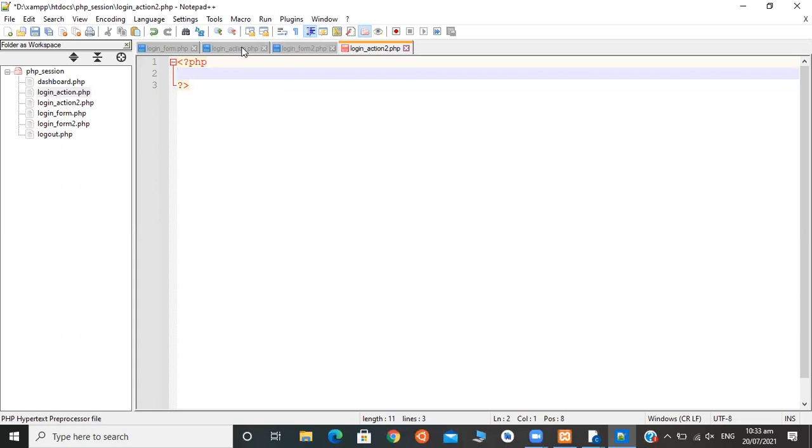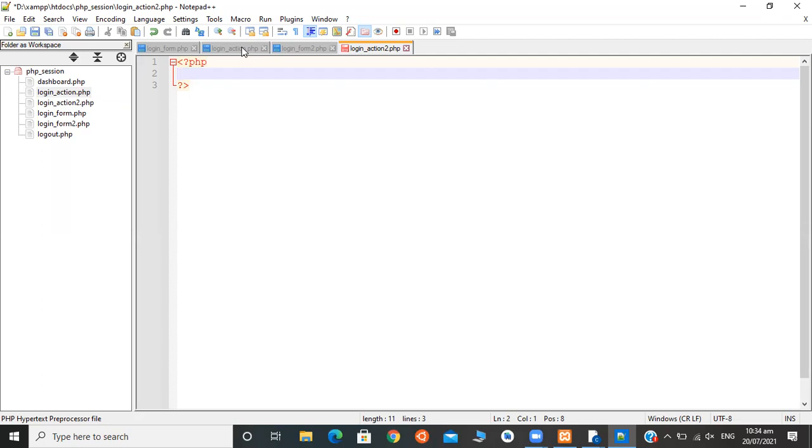We have sent data with post method. Okay, so in PHP we need to get that data from the server. So what methods we need to use? We can use post, get, or request method. So data is sent with the post method, so we can get it with post or request. If the data is sent by get method, we can get it by get or request method. Request method is a common variable. It is a server variable actually to get the data from the server.